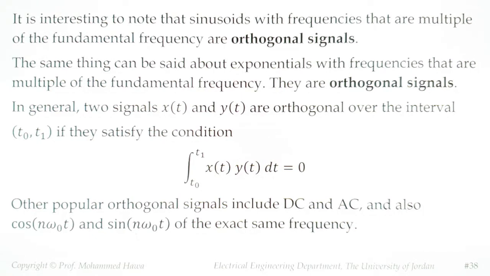I'm not going to go too much into orthogonal signals. However, since I mentioned orthogonal, let me give you two more examples. If you have a DC signal and an AC signal, those are orthogonal signals. You can safely assume they are orthogonal. What else? Cosine and sine. If they have the same frequency, let's say n omega naught, then those are also orthogonal. You can verify that by doing the integral, and you'll see it will give you 0. Just memorize those. It's enough for this course. You'll use this idea of orthogonality, hopefully, in later advanced courses.